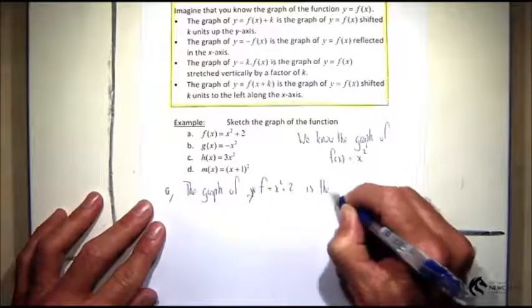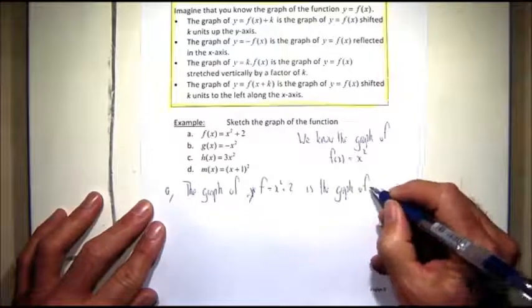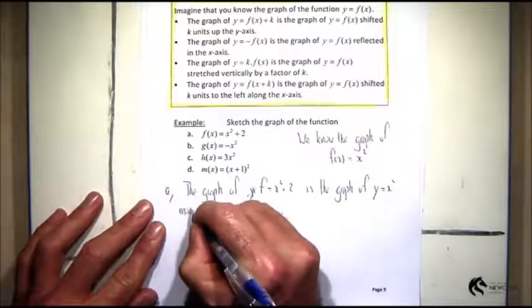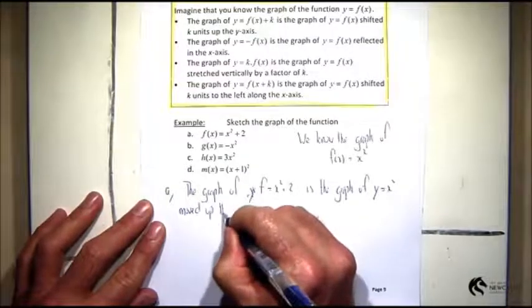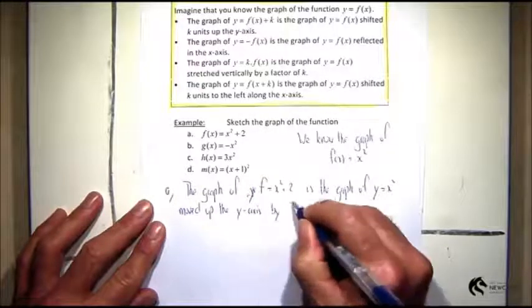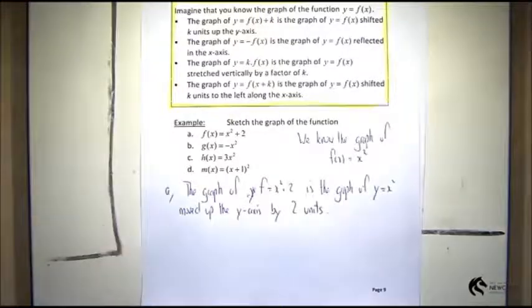That's the graph of y is equal to x squared. Now my constant here is plus 2, so it's moved up the y-axis by 2 units. That's what the first one tells me. And I think that should make sense,